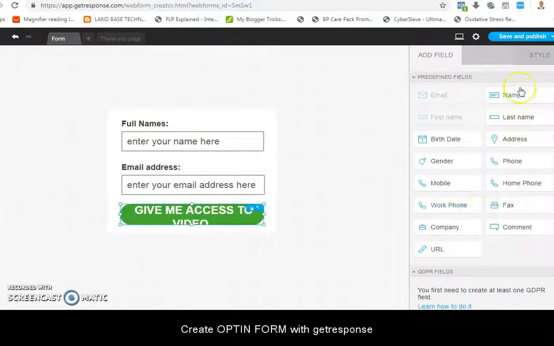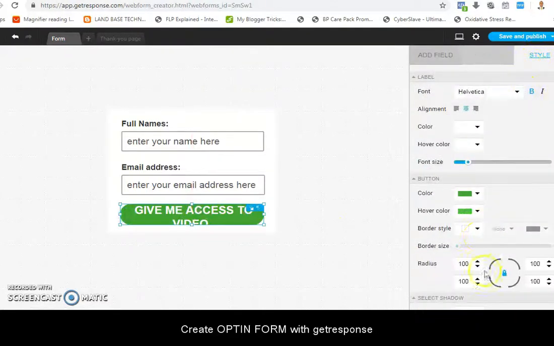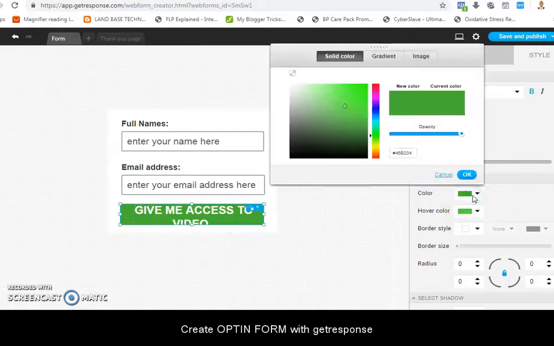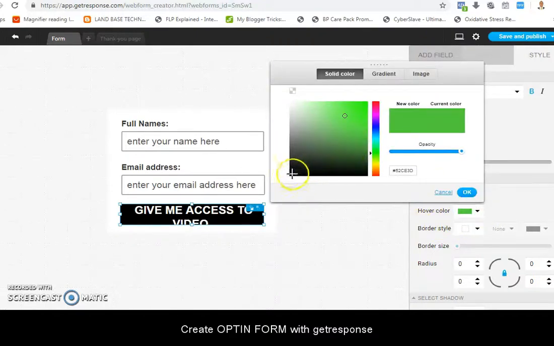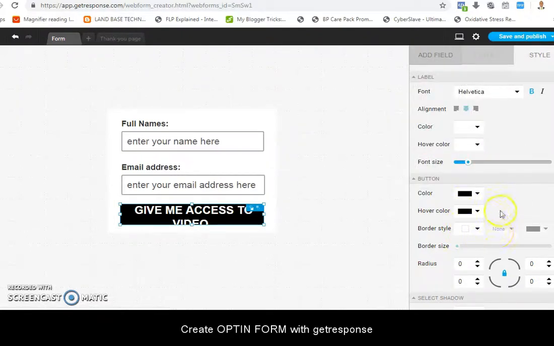Then I will just come here, I think style, I will click on style, I will remove the curve. I want to remove the curve, just click here and then put it zero. So you can see, I've removed the curve. You can change the color of this background. See, I will change it to, let me say black, you can see now. And I can say hover color also, I can change it to black as well. And I say okay.